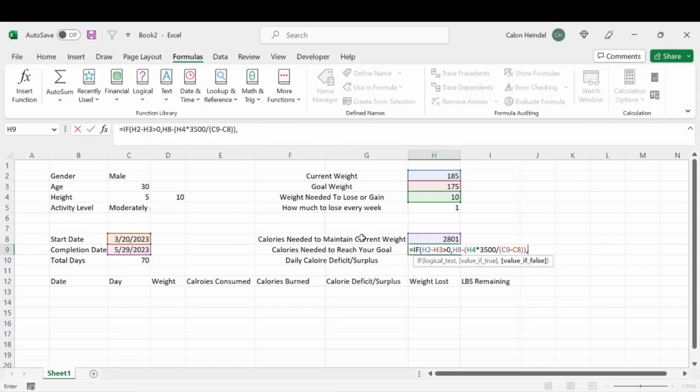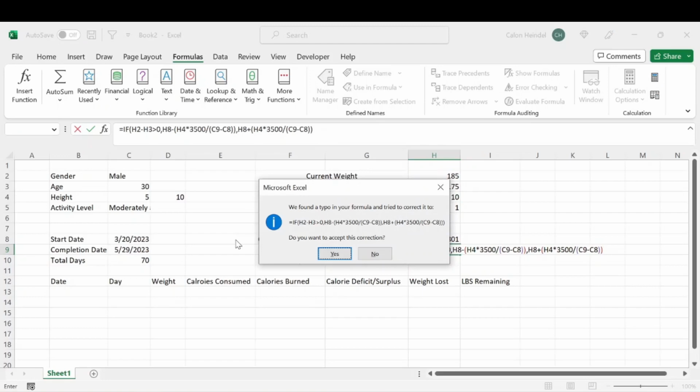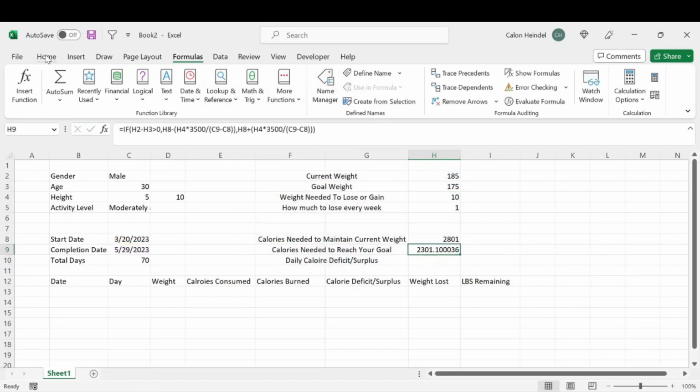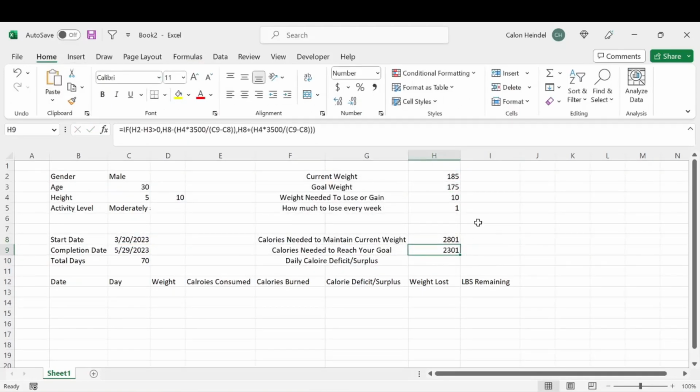comma. So if that is false, then we're going to want to do that plus (the weight we need to gain or lose times 3,500 divided by the same thing, our completion date minus our start date). Then we'll hit enter, and that is going to give us the calories we need each day in order to reach our goal. So in order to lose 1 pound every week, we need to eat 2,301 calories every day,